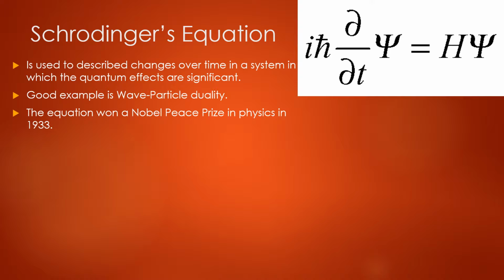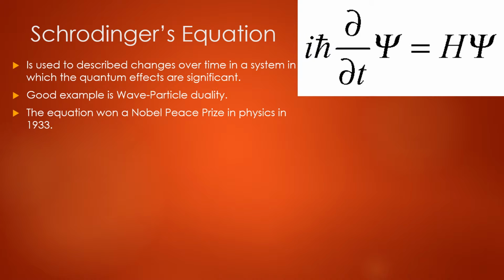First thing I want to talk about is Schrodinger's equation. Pretty much everyone has heard of Schrodinger because of his famous experiment with a cat that he locked in a box with a poison vial, basically saying there are infinite possibilities that could happen. We don't know until we look. But we're going to be talking about his equation real quick.